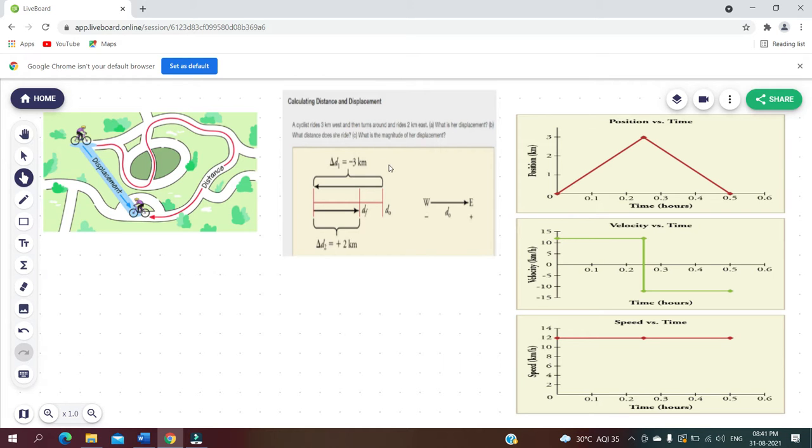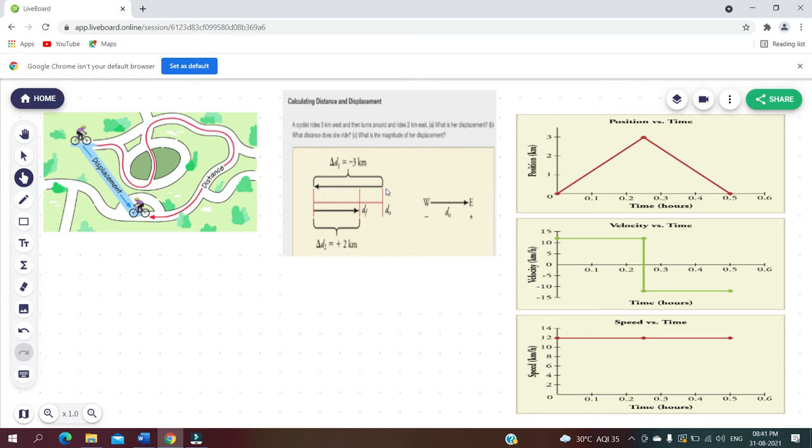Now, it's our choice. Suppose we have assumed that the direction of motion to the east is positive, and when the object moves towards the west, we will take the direction of motion to be negative, so that all the physical quantities, displacement, velocity and acceleration, will be given a negative sign in the west direction.